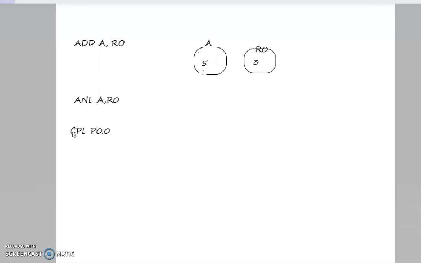That is the complement instruction. And P0.0 refers to port 0. We already discussed that the 8051 has 4 ports: port 0, port 1, port 2 and port 3. So P0 indicates port 0.